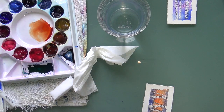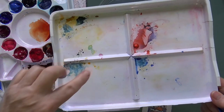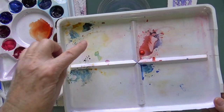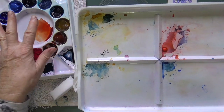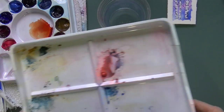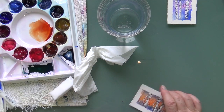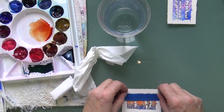If I want to just entertain myself with some new colors, I often use the lid that has these 4 areas, and I squeeze out a little bit of a color from a tube that's not on my palette. Just sometimes it's fun to play around. And let's see, there's an edge